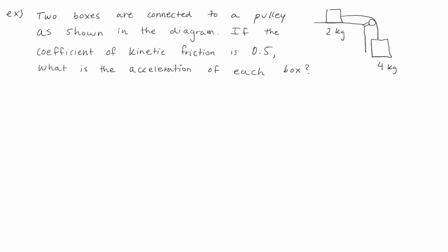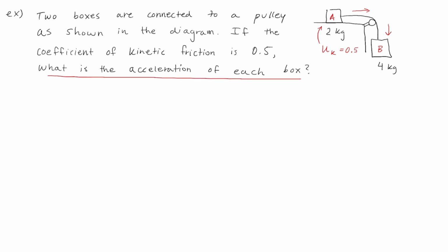In this question, we have two boxes, which I've labeled box A and box B. They are connected to a pulley and will move in the direction that I've shown you with these arrows. We are told that the coefficient of kinetic friction is 0.5, and we want to know what is the acceleration